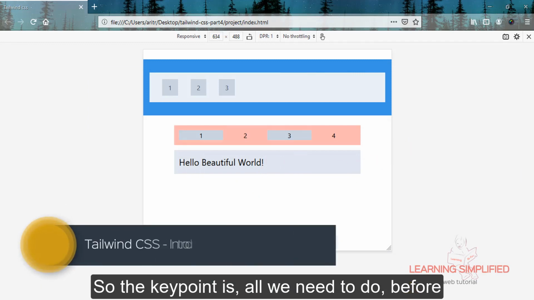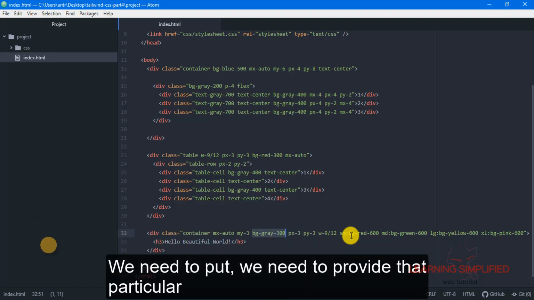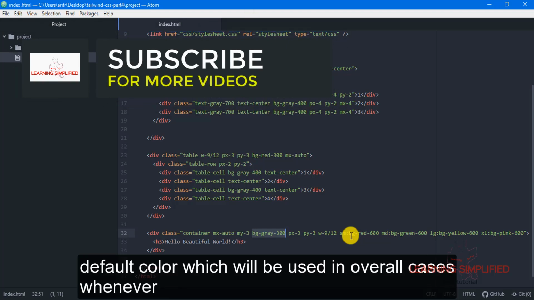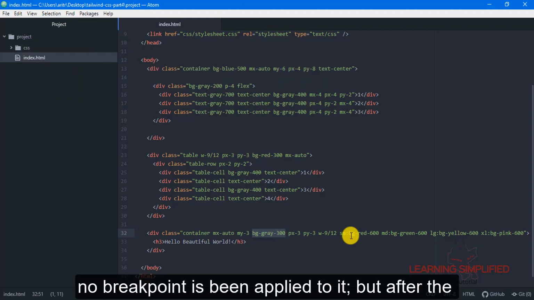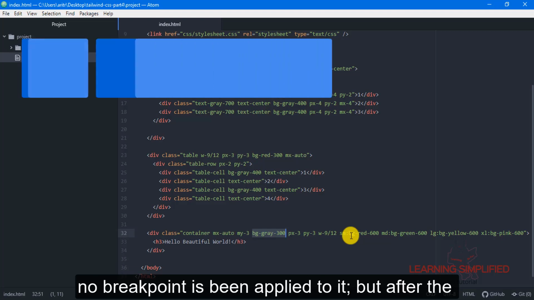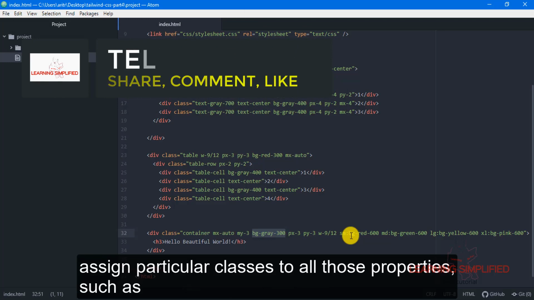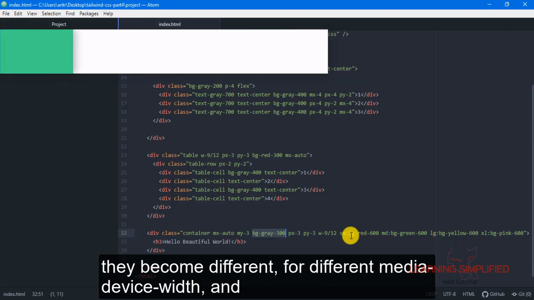So the key point is, before we define our responsive previews, we need to provide a default color which will be used in all cases whenever the media device width is not device specific. Actually, no breakpoint is being applied to it, but after the breakpoint we can define all the properties in this way. We can assign particular classes to all those properties so that they become different for different media